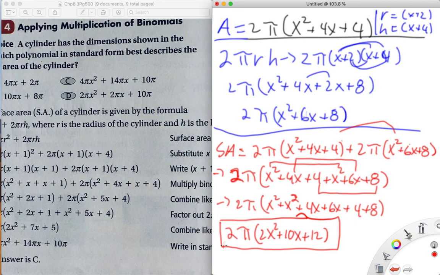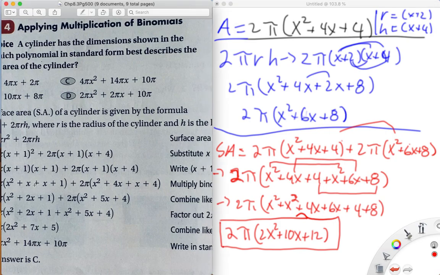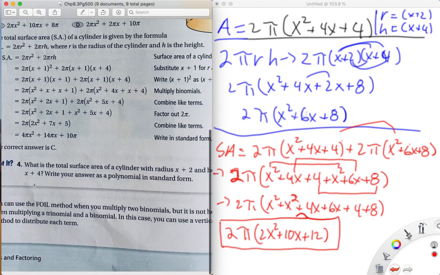We were told that the surface area is 2 pi r squared plus 2 pi r h. Used FOIL, expanded it out, then we were able to factor out the 2 pi, and then we combine like terms inside the parentheses to get 2 pi times 2x squared plus 10x plus 12. And that is